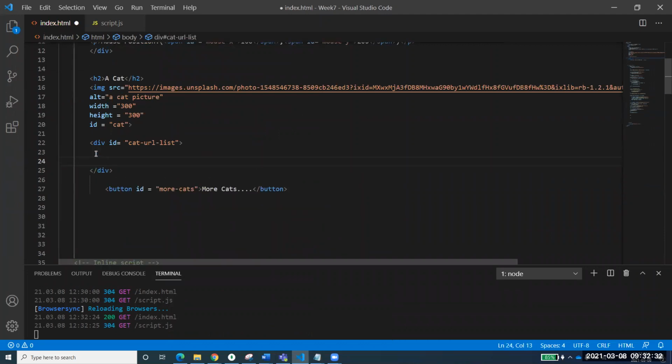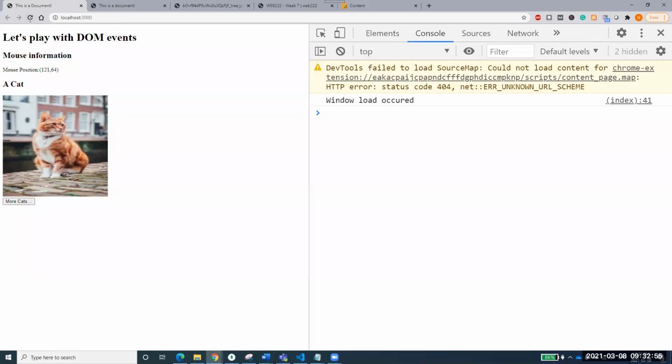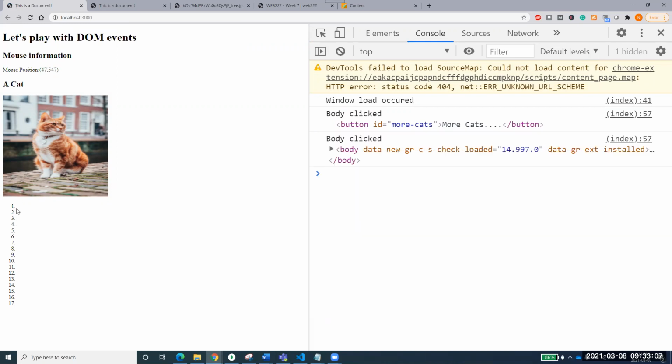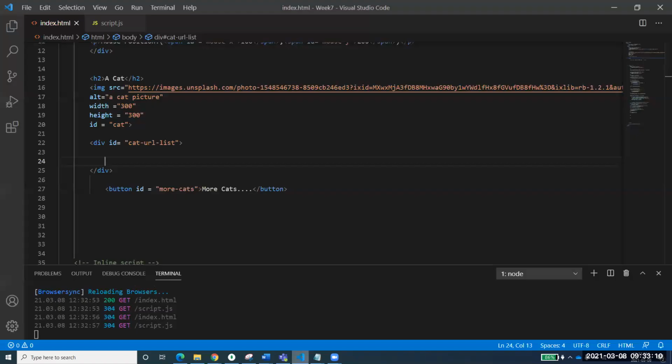Please try to understand. I am not using anything previously other than this div. I am creating the OL and LIs myself. Are you getting my point? This is very important. If you are confused that I'm accessing that, no, I'm not. There is nothing over here, and everything will come on the fly. Now you see here, I save this one and I run this. Click on that. You see that it is showing something, but the text is not coming. The URL should come over here, which is not coming. Let me see what is happening, why it is not adding those things.